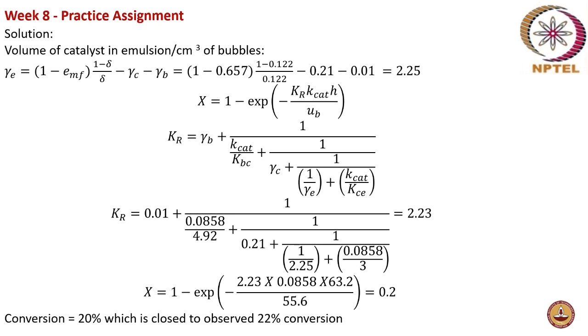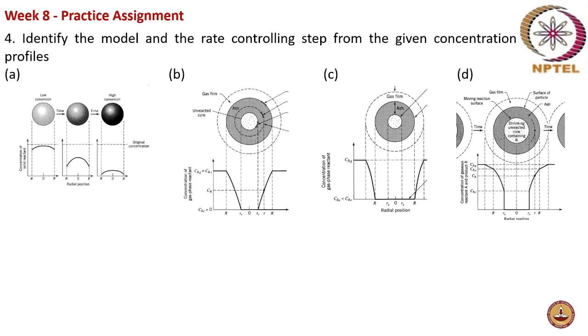Okay. Now let's identify the model and the rate controlling step from the given concentration profile. So we have been given 4 different figures of different concentration profile. So we have to find out what is the model and what is the rate controlling step for each of these concentration profiles. So in the first one,